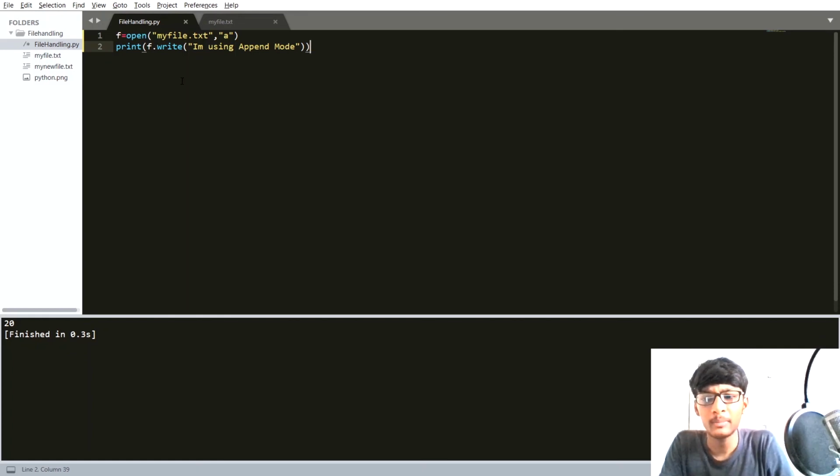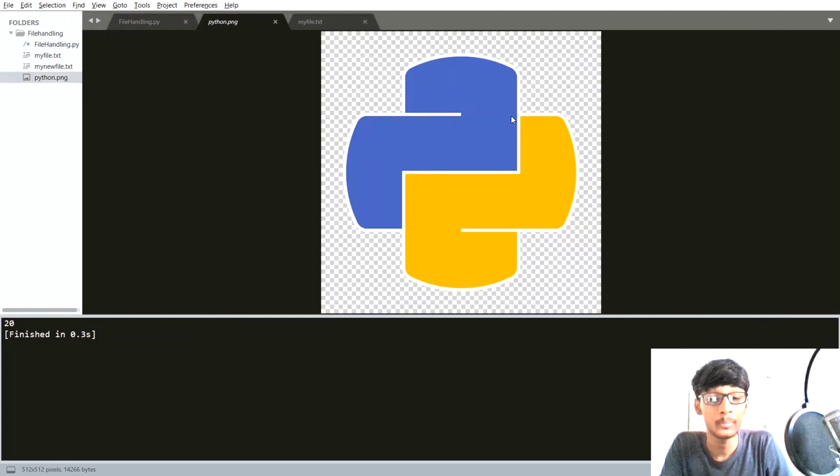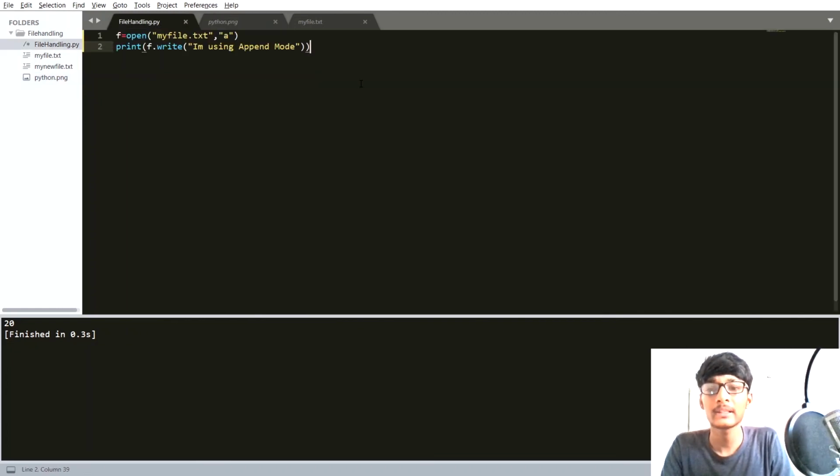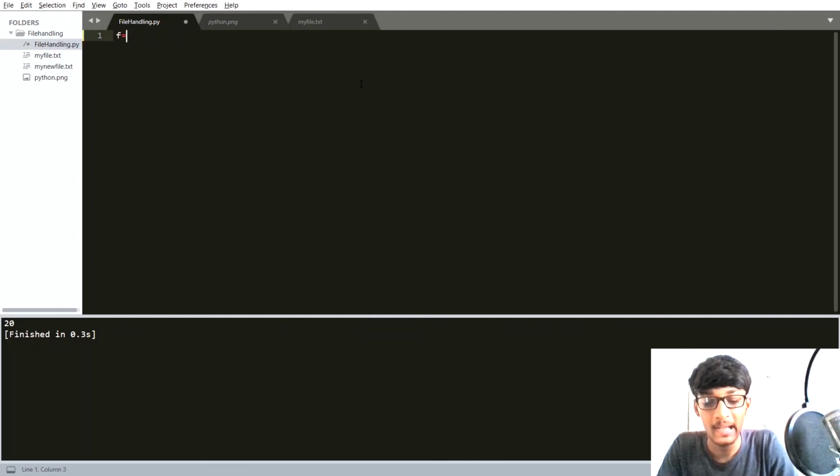So here we learned about the read mode, write mode, and append mode. Okay, what if we want to read a PNG or image file inside our Python file? That time you can use read binary mode. You can't use read mode. Whenever you use read mode, it will show you some errors. So let's say f is equal to open python.png, and now you want to use rb, that means read binary mode, and I can simply print f.read.